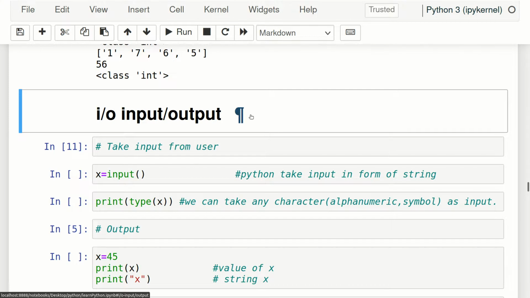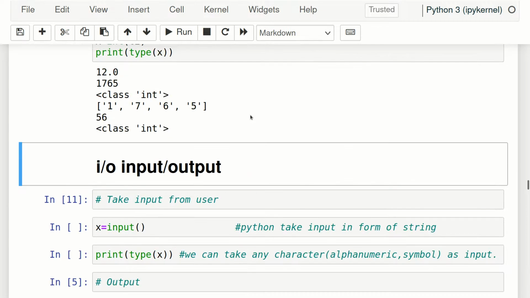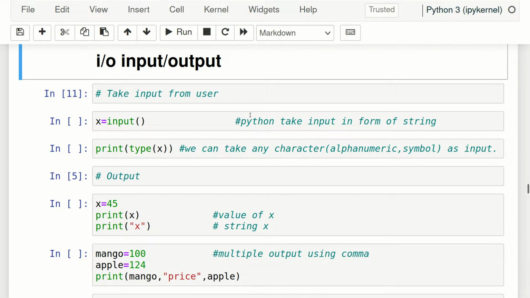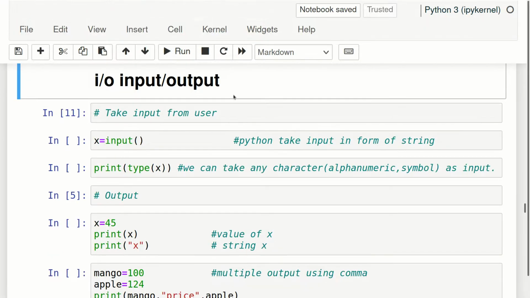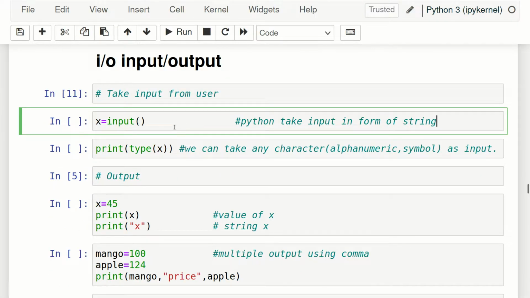This is very useful when we get into competitive programming, or as usual we will also be getting input and output. Initially we were doing everything by providing data ourselves, but we want data from the user also. Whether we are working on a website or filling a form, we take input from the user. So how to take input from the user? This is very simple in Python. To take input from the user, you just have to use input and then this bracket.